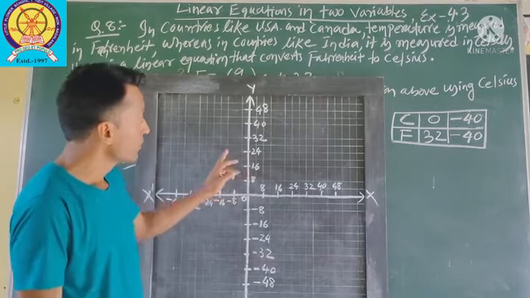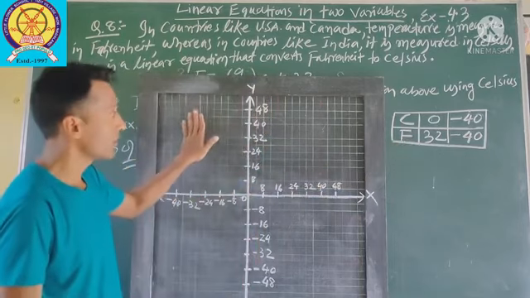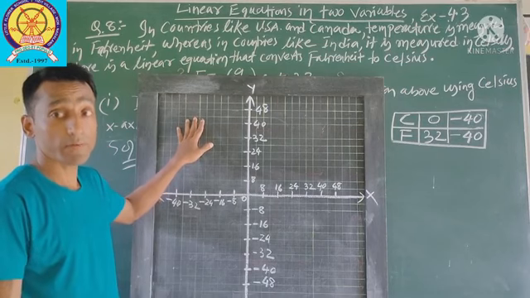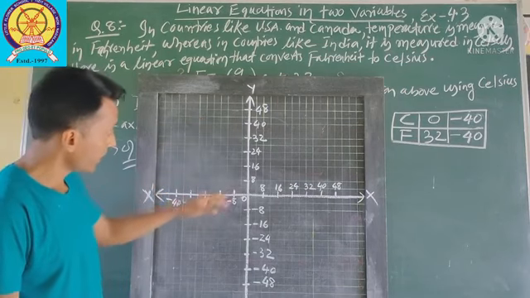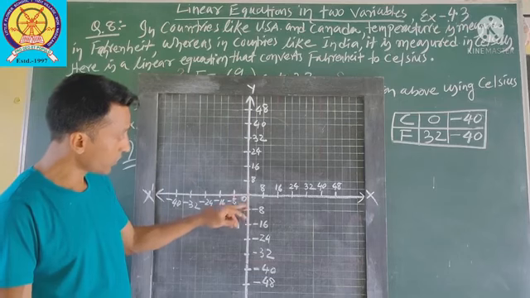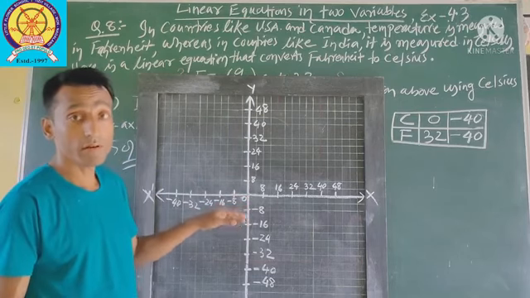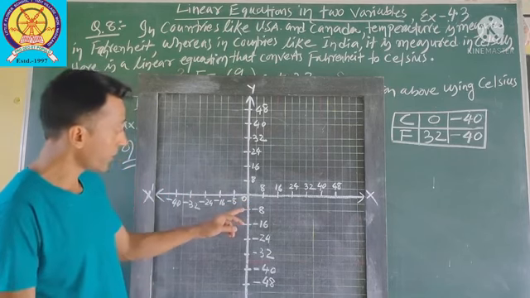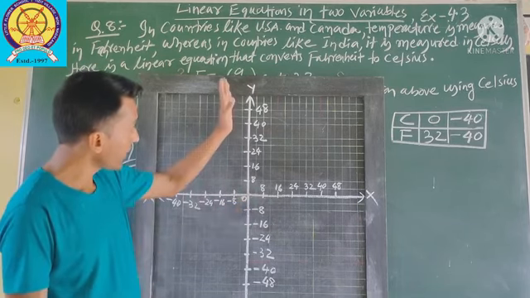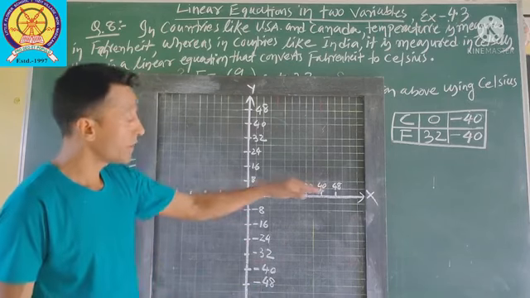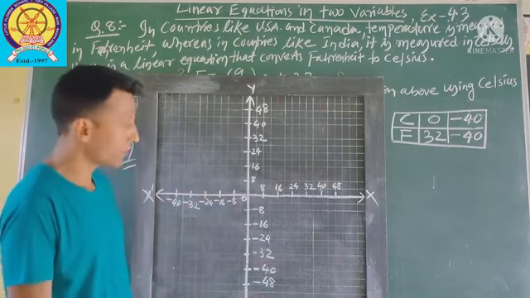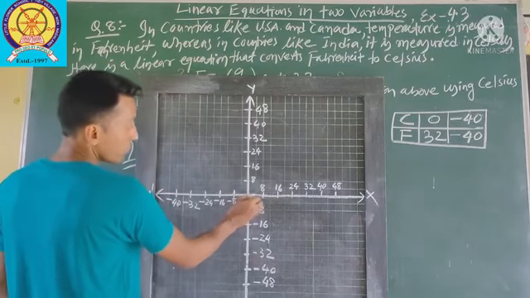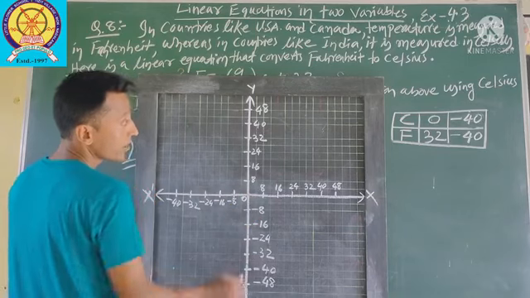So now we will plot this point on a graph board. You have to draw it on your graph paper. I have taken 2 small squares as 8 units. You can take 5 small squares as 8 units, in both axes, y-axis and x-axis. I have taken 2 small squares as 8 units. So now we will plot this.